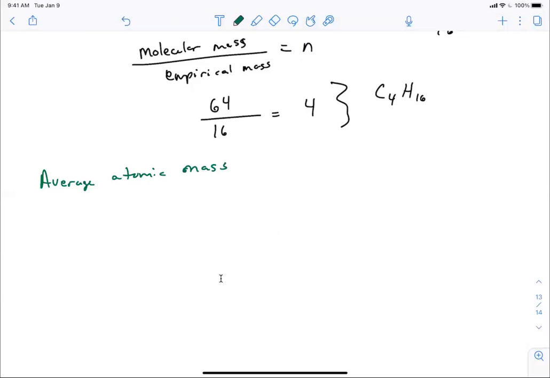So for example, copper. Copper has 2 major isotopes, copper 63, which has an abundance of 69.17%, and copper 65, which has an abundance of